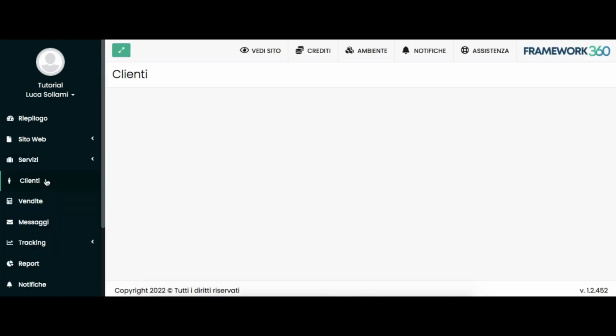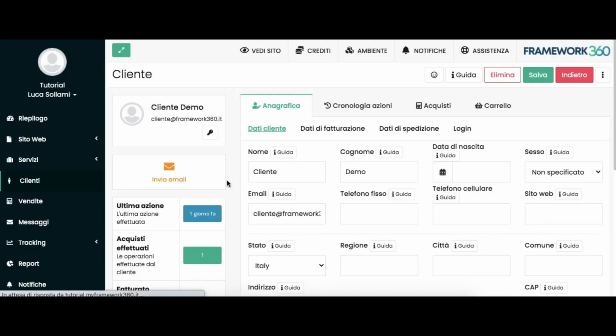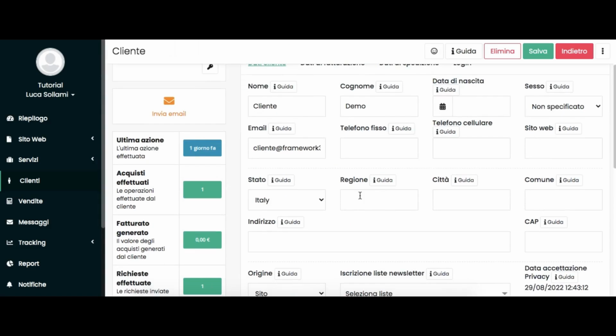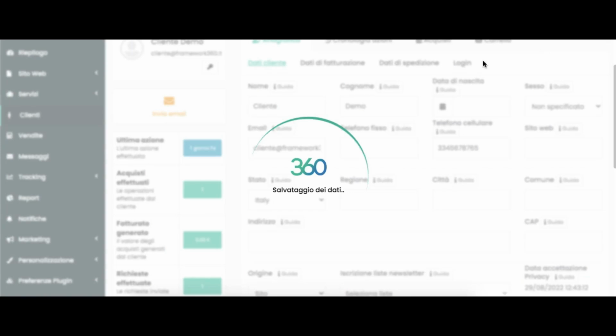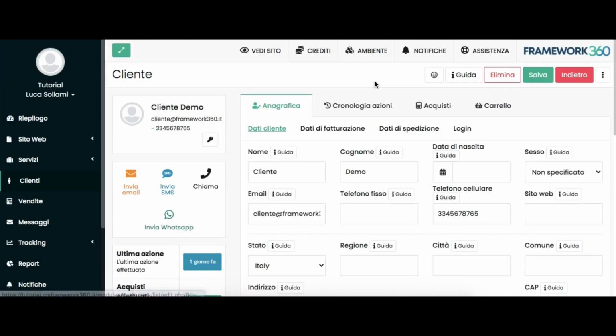Furthermore, it is possible to contact the customer directly from the graphic area. If we click on this customer, for example, we can send them an email, we could send them an SMS, we can send them a WhatsApp, etc., provided that we have the data. If I enter a phone number here, we will see that the section to send an SMS, send a WhatsApp, or call will open. All of this was specifically created to simplify the management of all the messages that arrive,